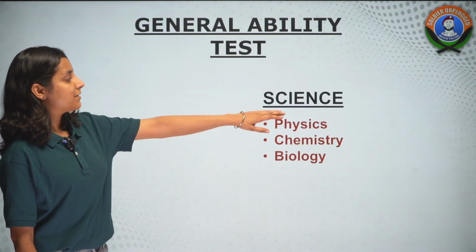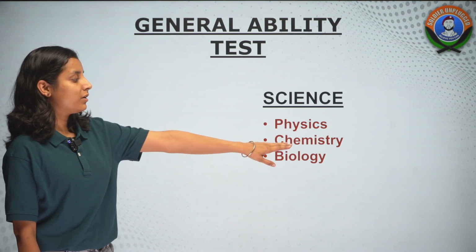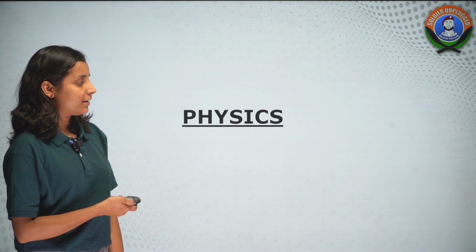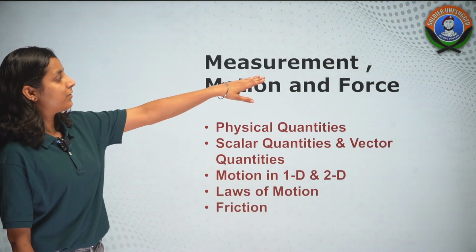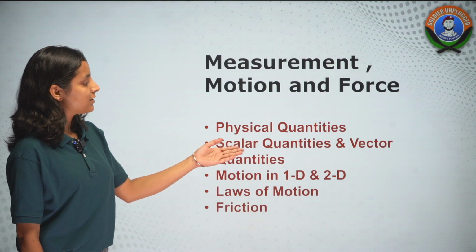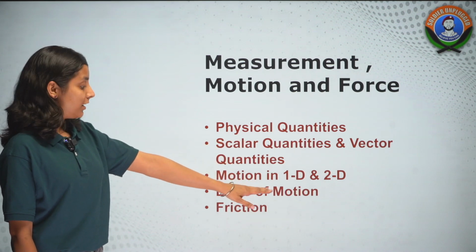So here the science syllabus, and the science is divided into 3 sections: physics, chemistry and biology. तो सबसे पहले हम फिजिक्स को डिस्कस करते हैं। फिजिक्स में हमारा फर्स्ट टॉपिक है मेजरमेंट, मोशन एंड फोर्स। इसके अंदर हम लोग फिजिकल क्वांटिटीज, स्केलर एंड वेक्टर क्वांटिटीज, मोशन इन 1 डायमेंशन एंड 2 डायमेंशन, एंड देन लॉज ऑफ